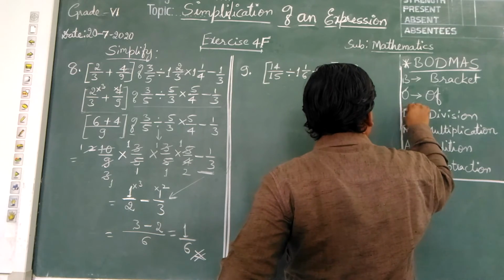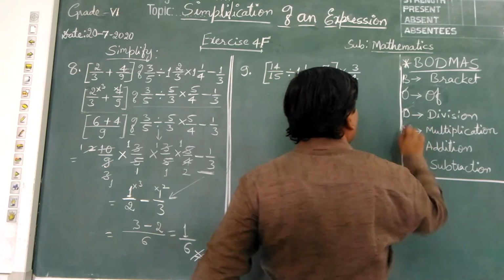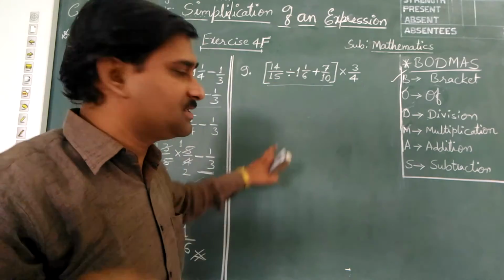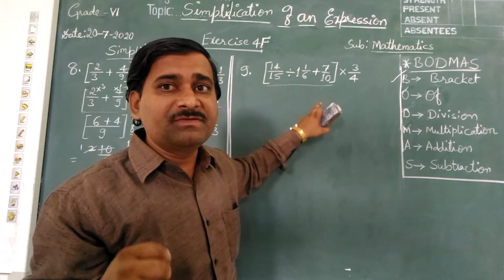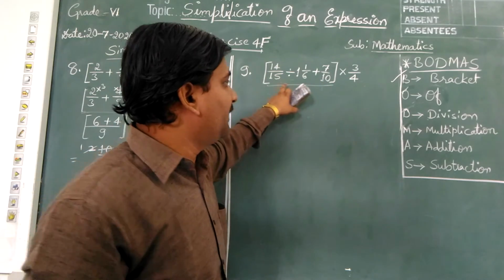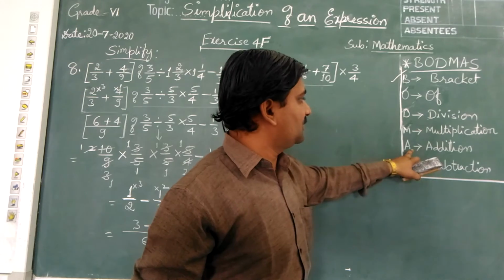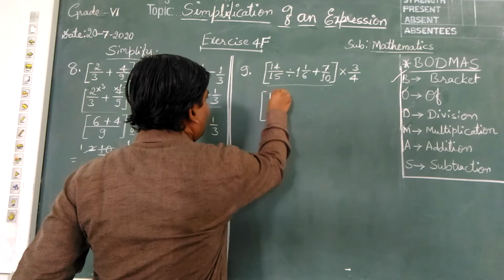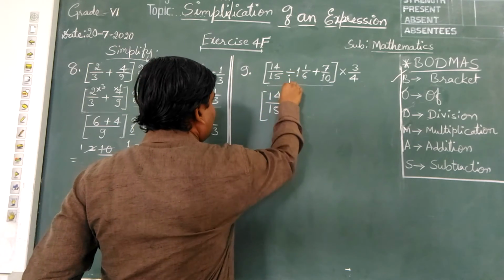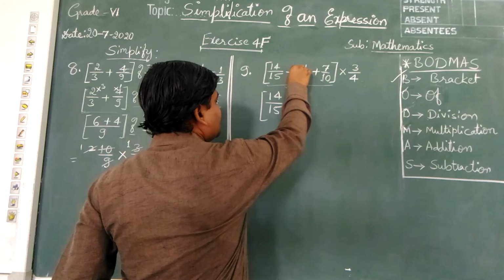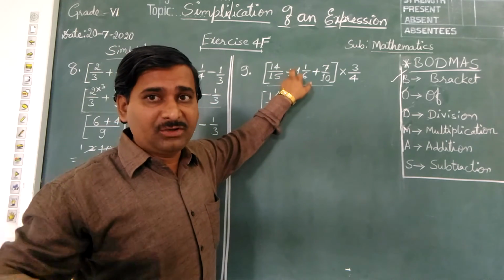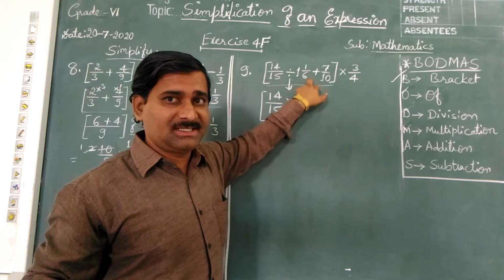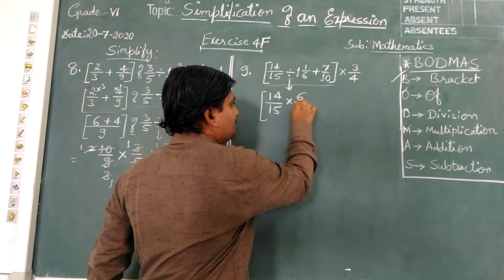I will start with the bracket. Under the bracket, again two operations are there, division and addition. Which one should we do first? We should do division first, then addition. First is division, no? So do division here first. To divide, change the sign. 6 ones are 6, we should convert into an improper fraction first: 6 plus 1, 7 divided by 6. 7 by 6, reciprocal is 6 by 7.